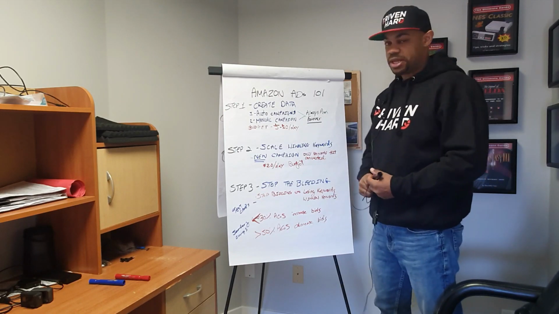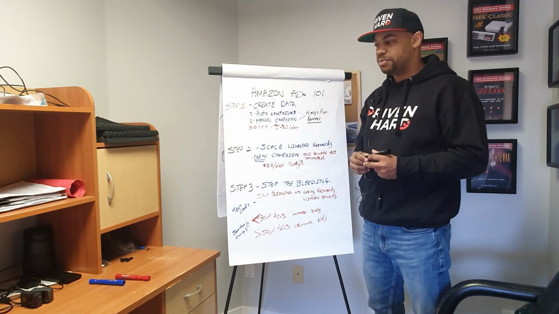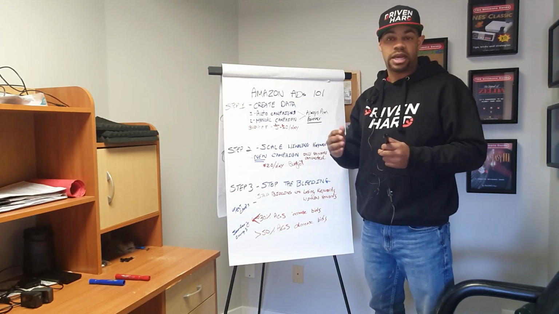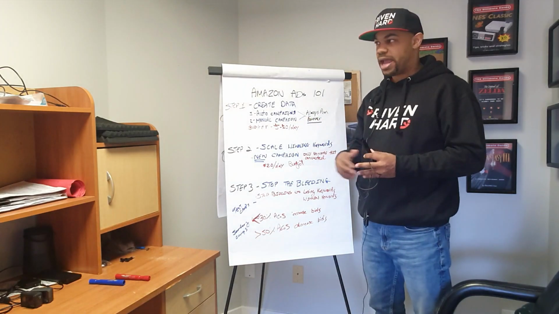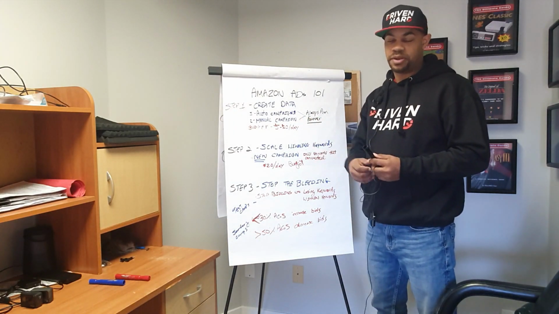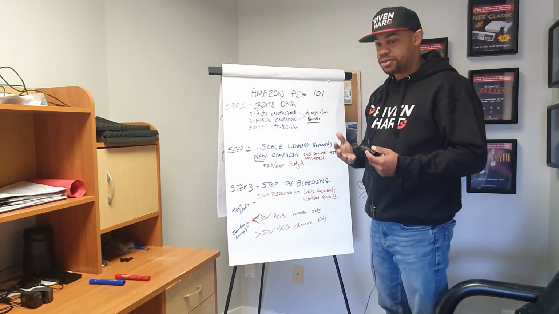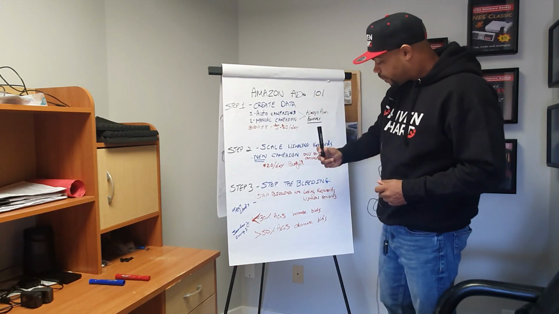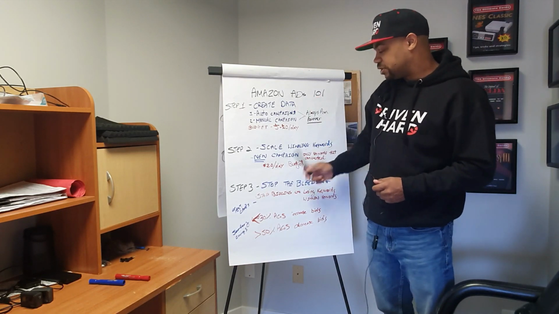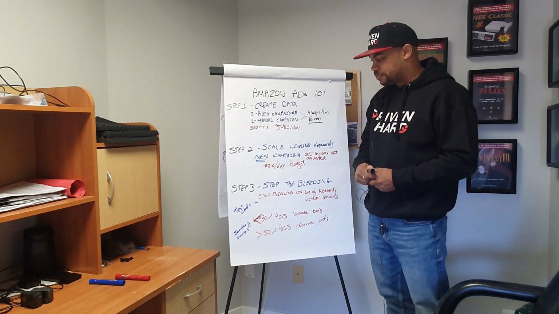$20 a day budget. In terms of bids, it can change from niche to niche. So you just have to play around and see. Go with the Amazon recommended bid, whatever they recommend for your particular niche or for that particular keyword. Start there and see what happens. So then you're on step 2. And then step 3 is we've got to stop the bleeding from these two steps,